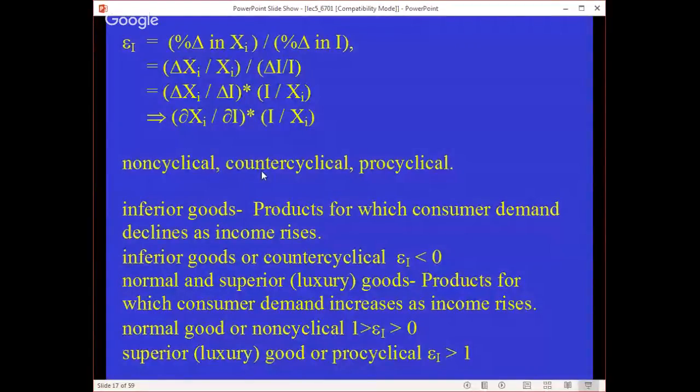The demand for that product doesn't change much, right? When we're in recession or when things are going good. Basically, we buy the same amount most of the time. It's a normal good. Next, we have superior luxury goods,